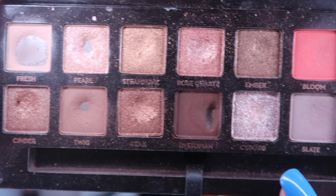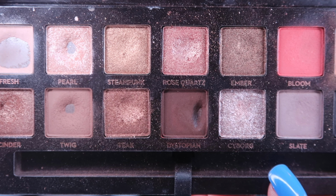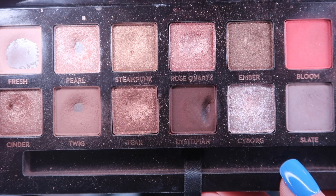I don't know if it has gone off or what the deal is. Some of you mentioned that yours is also very dry. I don't know if it's aged, it's just gotten drier with age, but it does not perform like it once did. And I've just been using this in the